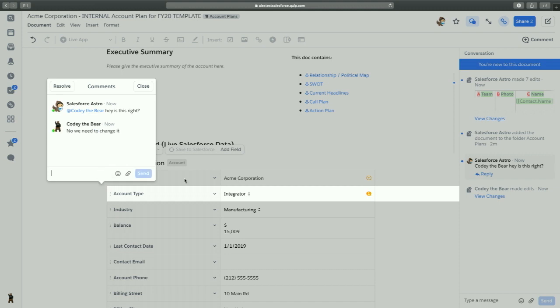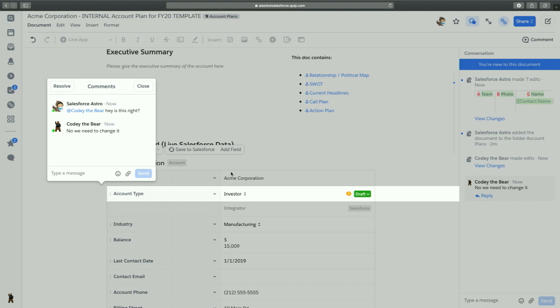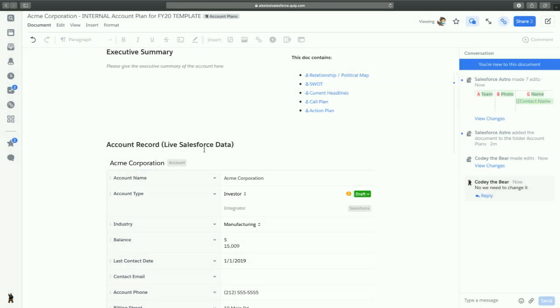And once he's done that, he can actually go ahead and make the changes himself and switch it over to Investor or any of the other choices and hit Save to Salesforce. And this is actually going to go ahead and sync those changes back into Salesforce. So the idea is, A, reduce mundane work by creating these autofill templates that you can associate with accounts, and